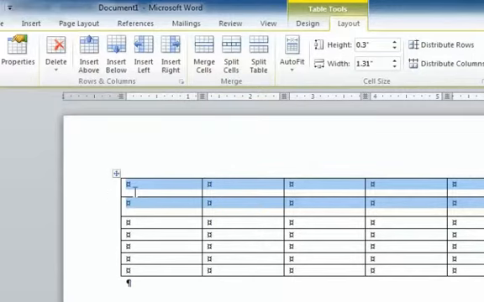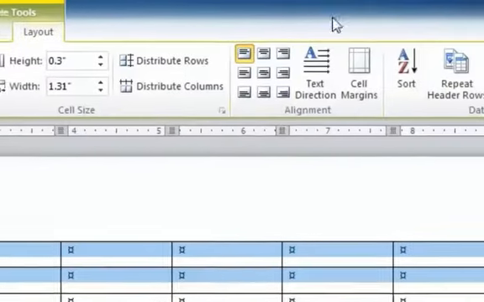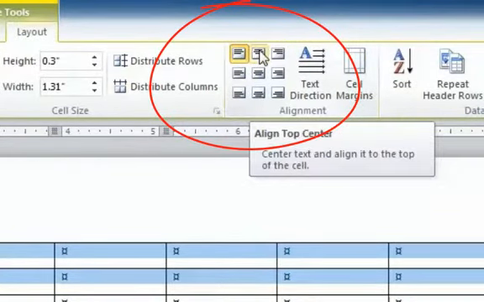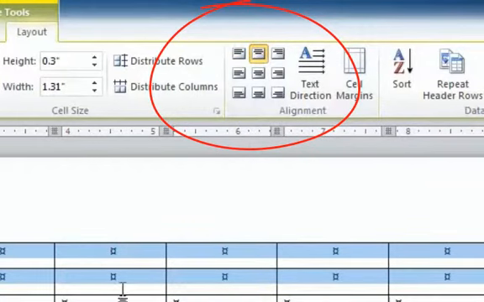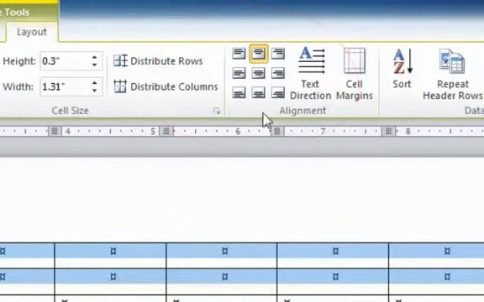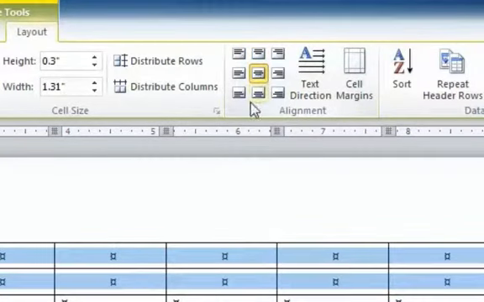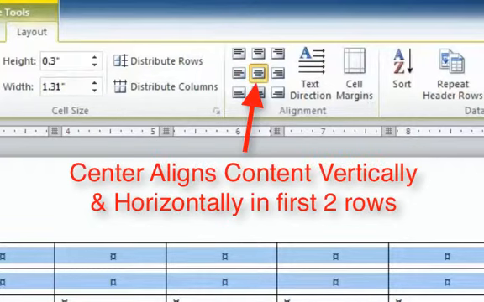While they're still highlighted, what you're going to want to do is center align everything vertically and horizontally. And where you're going to change that is over here. There's alignment tabs over here. So this is aligning it horizontally. You can see those little markers kind of go in the middle, and then you're also going to align it vertically, which is clicking this center button, and that'll center all the information in here up and down and right